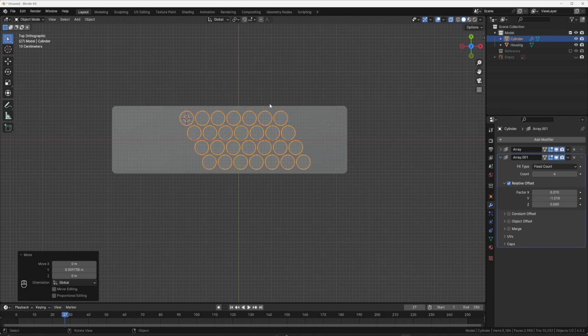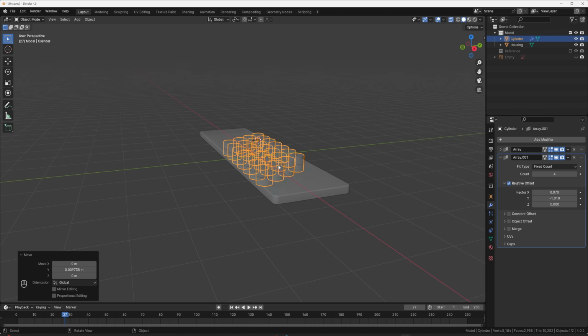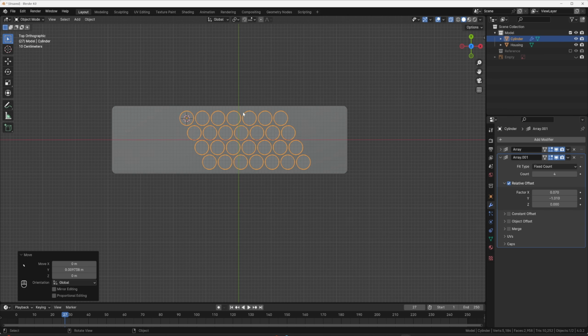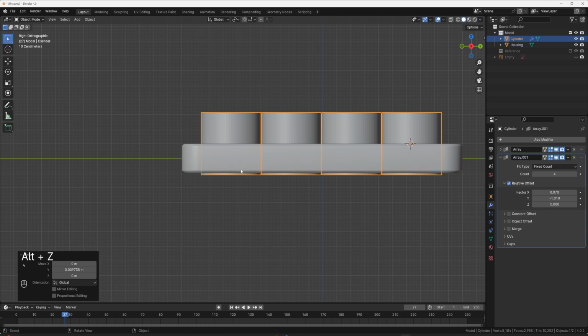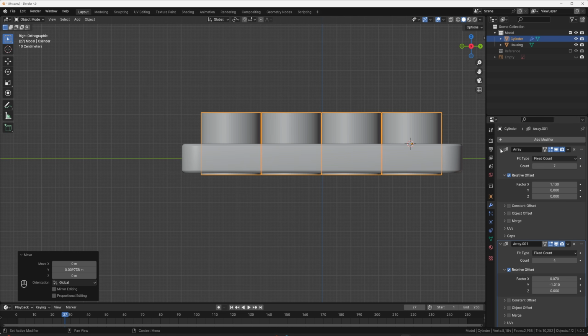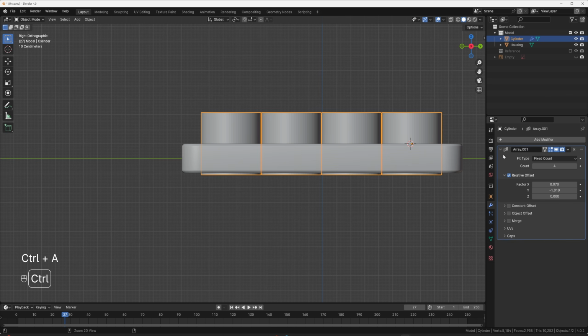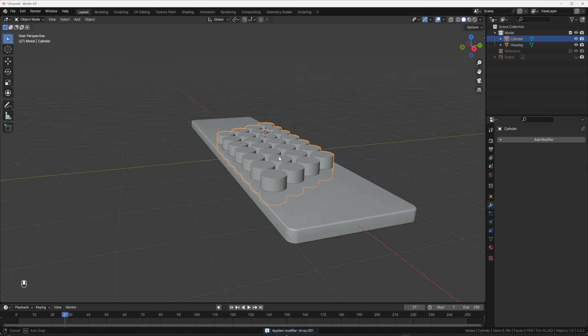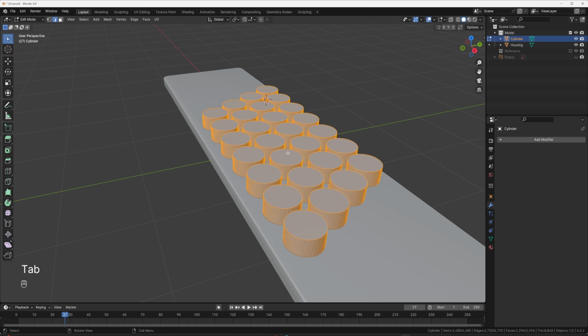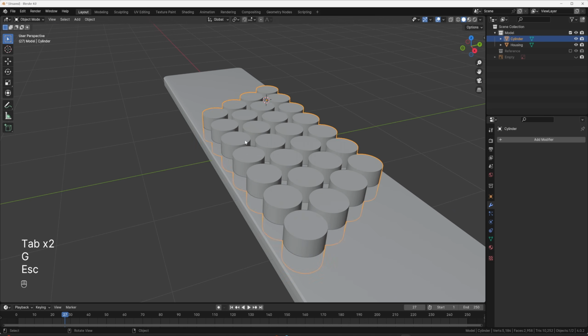And because this cube, we scaled it along its x-axis, its original Y, we know that it's centered, and now this is centered as well because we're using the increments. So now if we go out of X-ray mode, basically what we need to do is cut these into this. So I want this to all be one mesh. So I'm going to go up here to the array modifiers and Control A over them. Basically what that's doing, it's creating each of these to be one solid mesh. If you tab, this is one piece now.